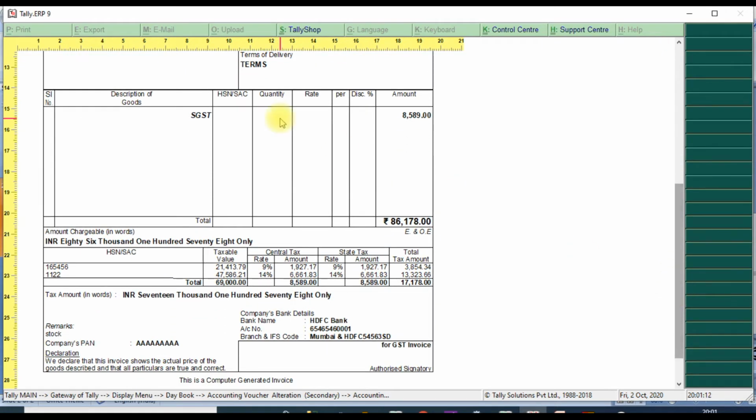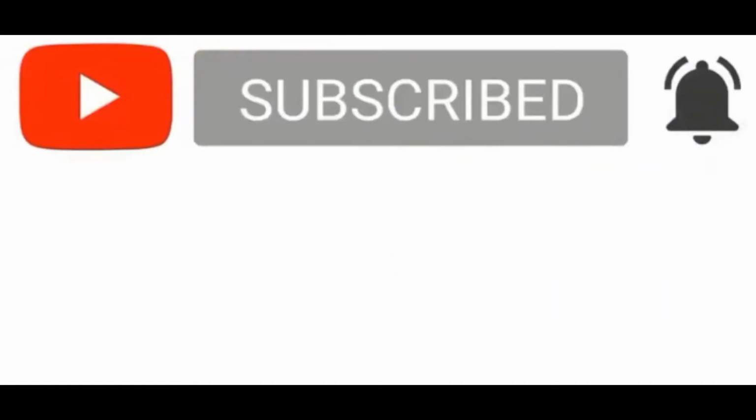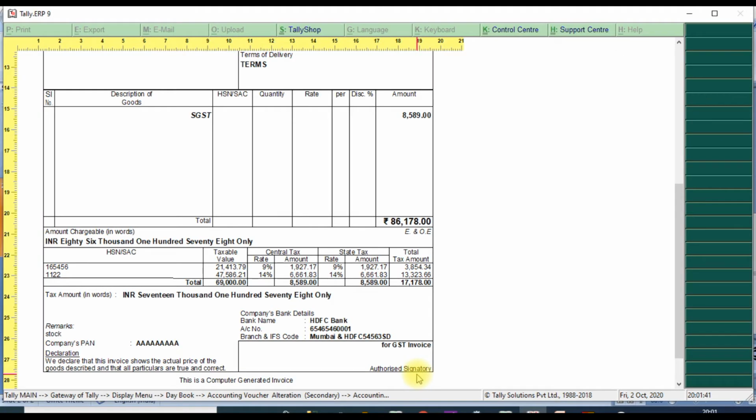and it will show the service tax, SGST, then it will show the total value, then the GST values, how much GST it will allocate, central tax and state tax, and total amount, and finally the tax amount, company bank details, company PAN number, company name and authorized signature.